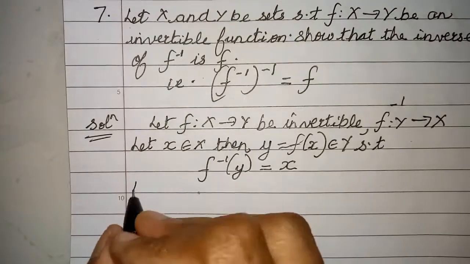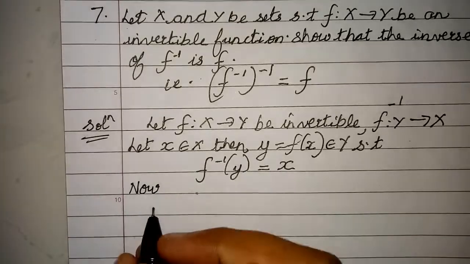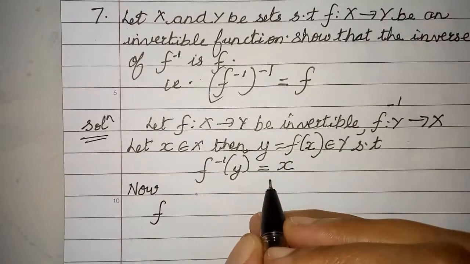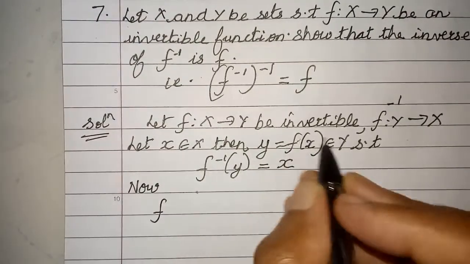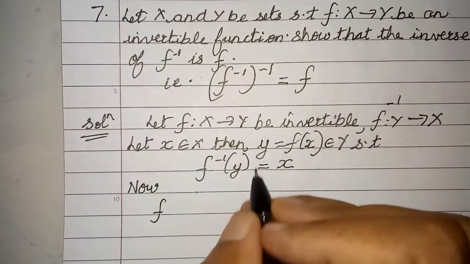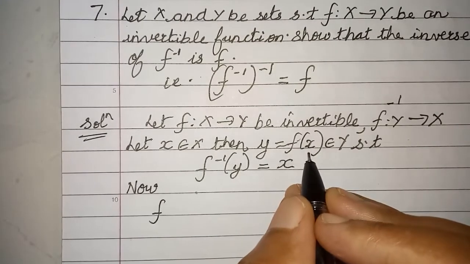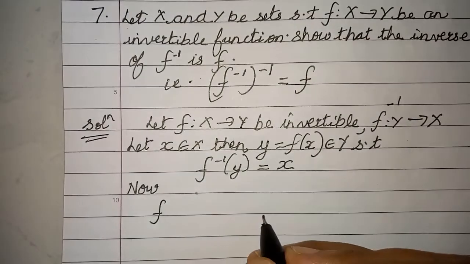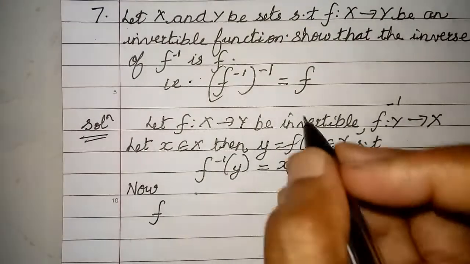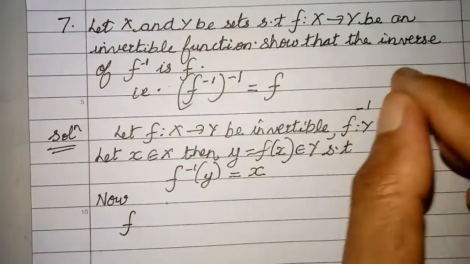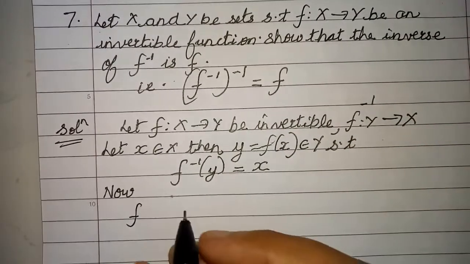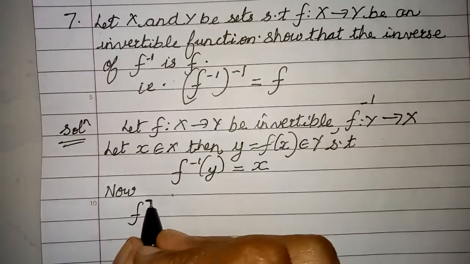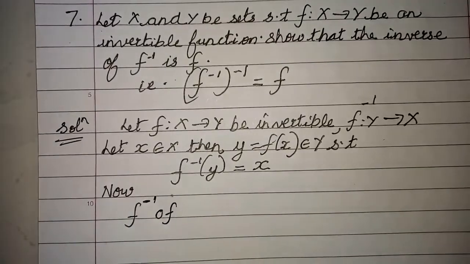Now I am going to use the definition of composition. So now here it is better to use composition. In the beginning I have used injectivity, I have used the definition, the usual procedure of onto and one-one, but later on, children, when I see there is no function, there is no problem solving like here, right? So I will go for composition of function. So let me check what is my f inverse composite f.